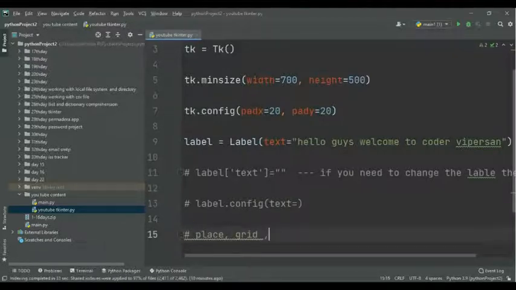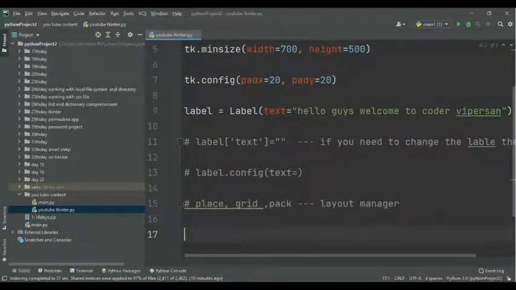These three are layout managers. Without using one of these three layout managers, you cannot see the output of labels, buttons, or anything else you are doing in Python. You should give a layout manager.